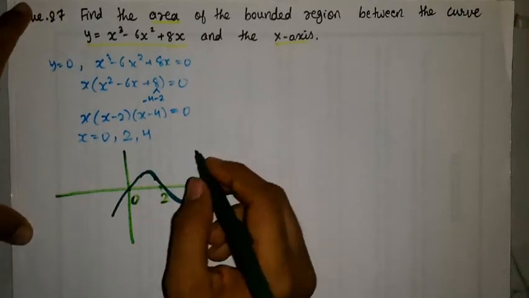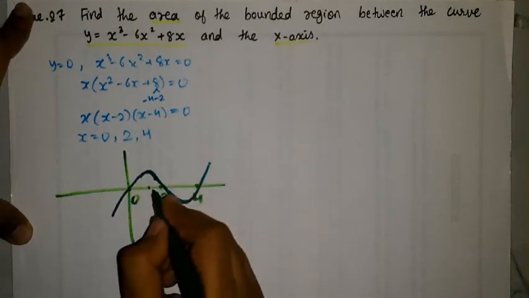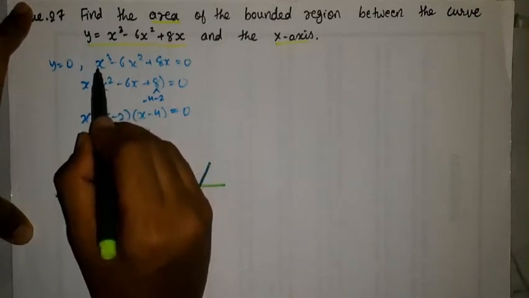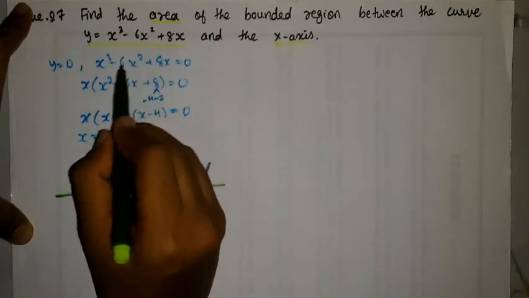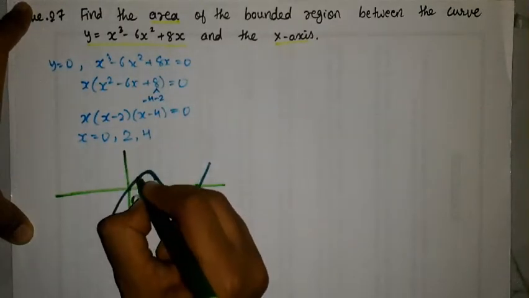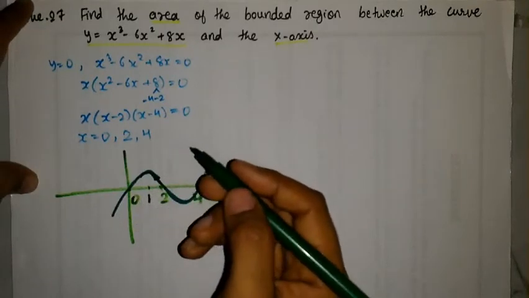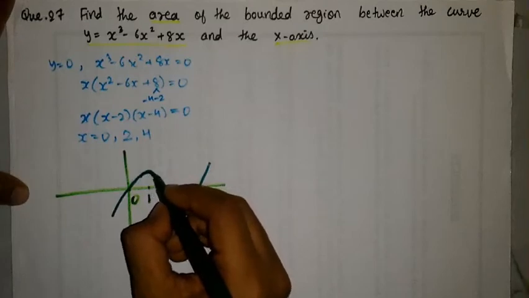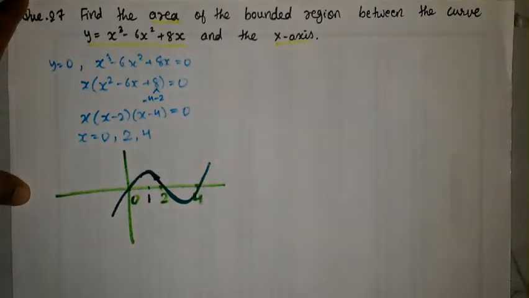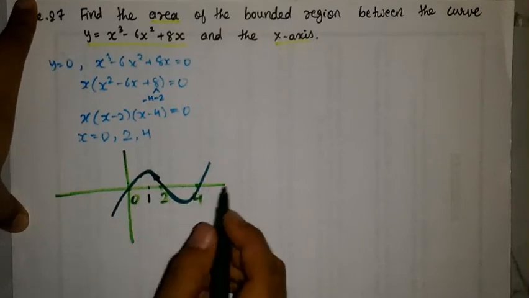If you have confusion about which side it will be, upper curve or lower curve, you can put a value and see. Put x is equal to 1. When we put x is equal to 1, we get 1 minus 6 plus 8. 8 plus 1, 9 minus 6, 2. So here we got a positive value. So we can conclude that it will be an upper facing curve, meaning the peak will be at 1. And put another value of x, put 3 and you will see you get a negative value of y. So the curve will look like this.